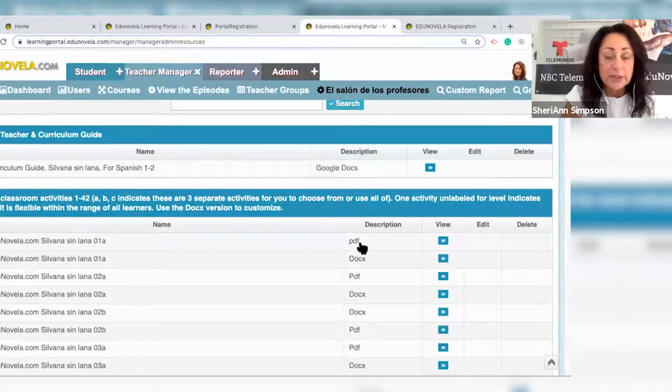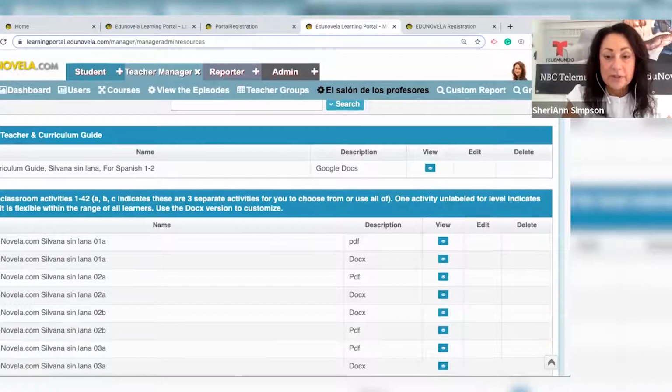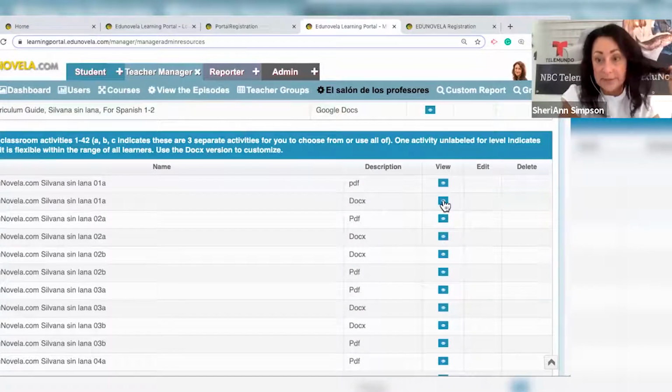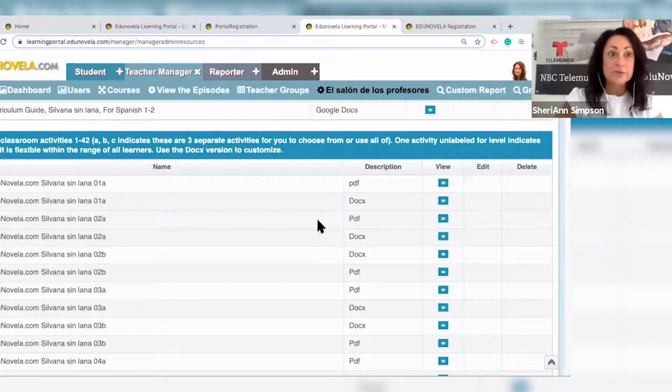You'll see that each one has both a PDF and a Word doc. So the PDF is if you want something that's publisher ready, that you just hand out to your students, or you want to print it, or you just want to disseminate it to them, you can do that. The Word doc is what you would download if you want to customize it to your own classes, your own curriculum. We highly recommend that you differentiate even within your own classrooms. You may have 2 or 3 students who you want something different for, and you're welcome to make as many versions of your own sheets as you